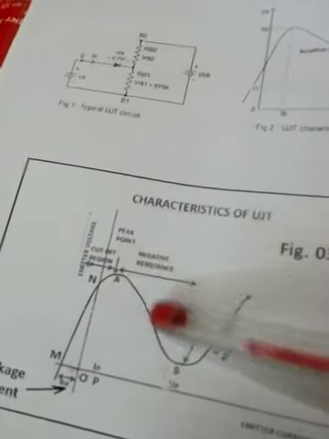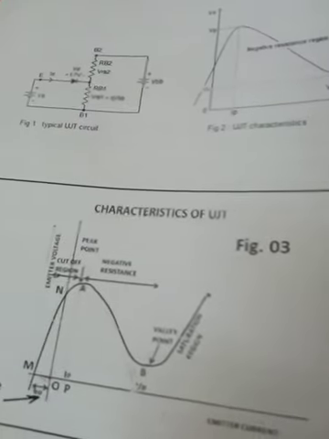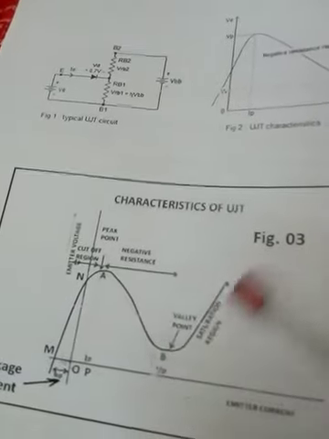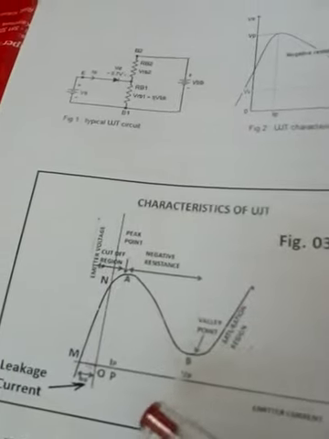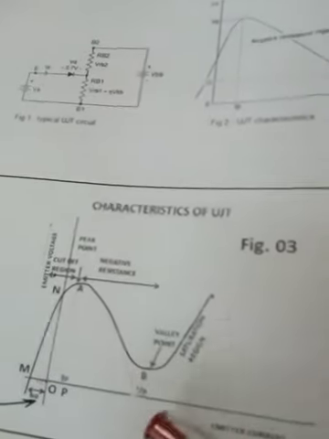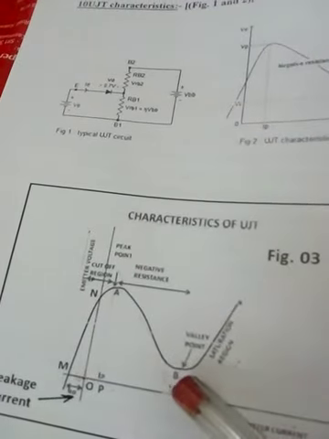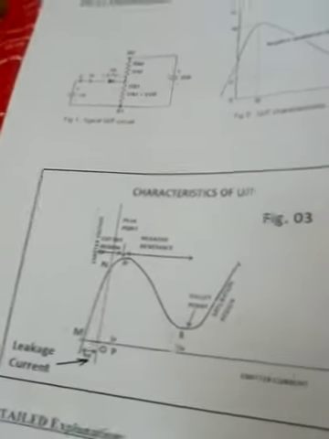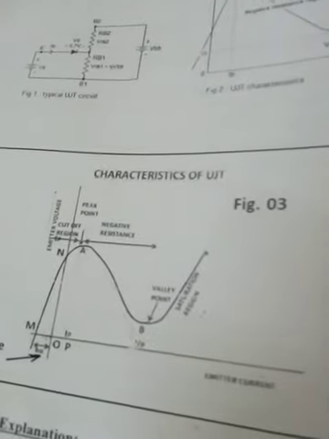So this will happen till saturation. Once saturation happens, there is no further decrease in resistance. Then the device starts to behave like Ohm's law. Then if we further increase the applied voltage VE, the device will get overheated and destroyed. So we have here the peak voltage and valley voltage, or peak point and valley point. This helps the UJT in applications like relaxation oscillators. We will see that in the next class.